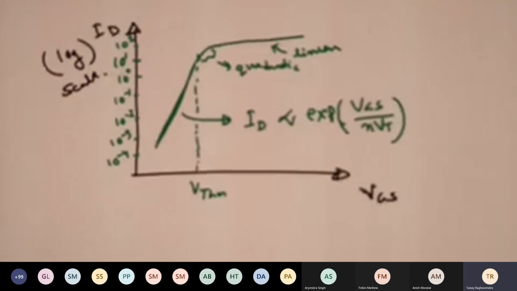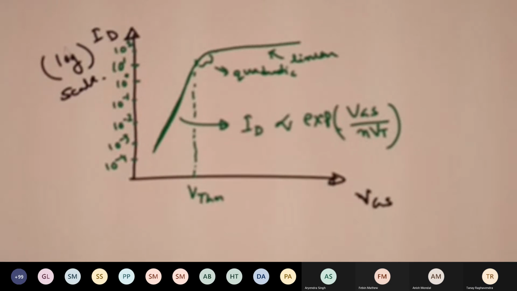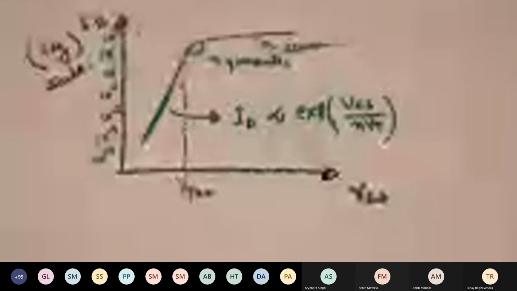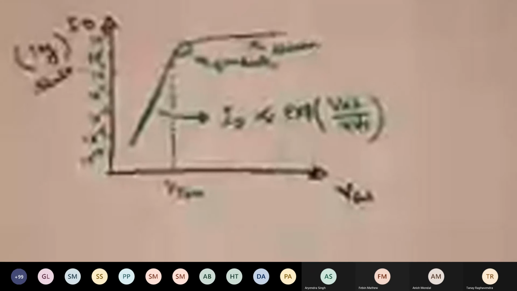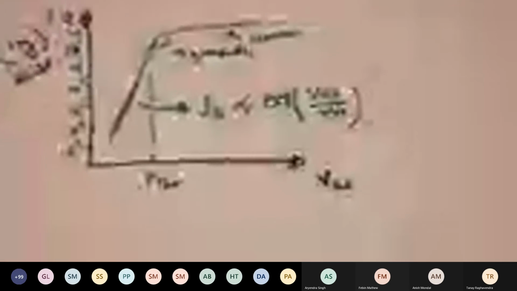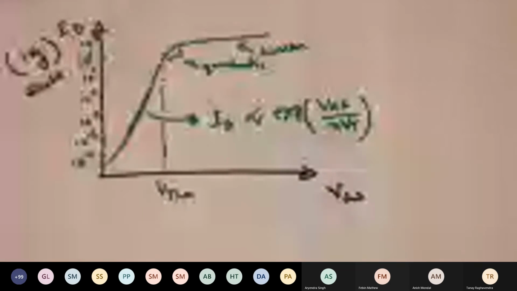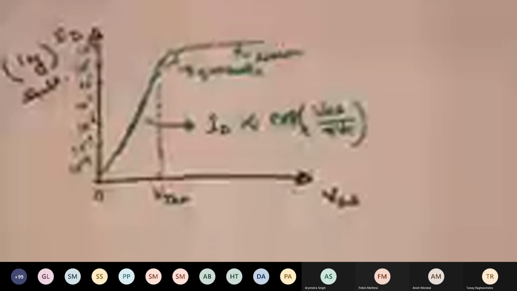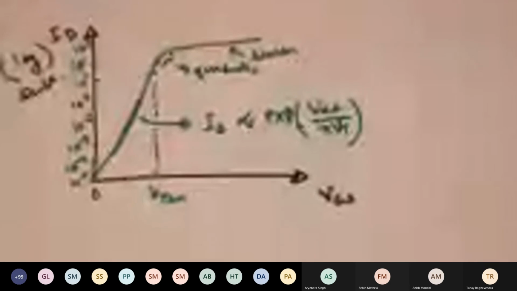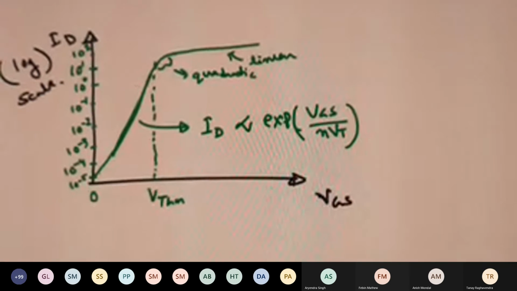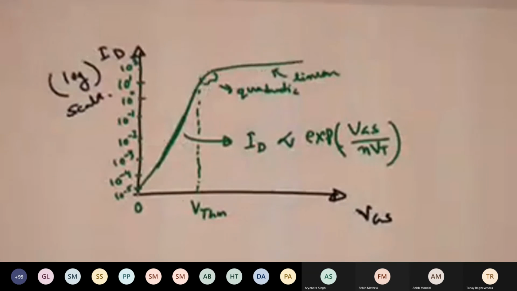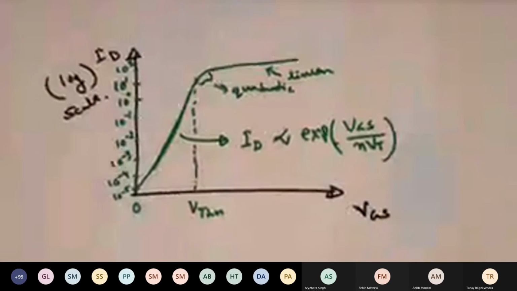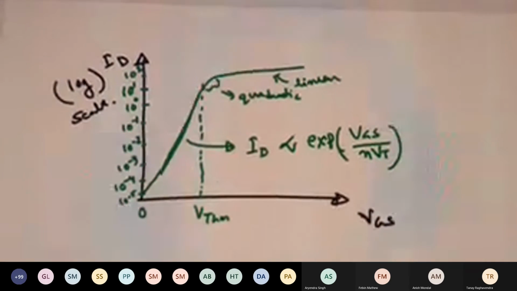Okay, so I am using my mobile camera to show you from here. As you can see, this is the log scale, this is VGS, right? If you keep it here, then even at 0 volt there will be some leakage current, right? So the current even at VGS equal to 0 is not actually 0. It is actually leaking, right?